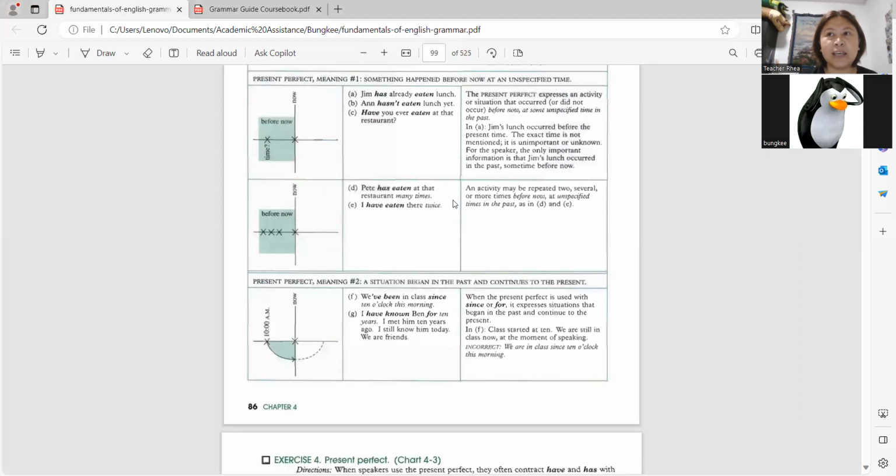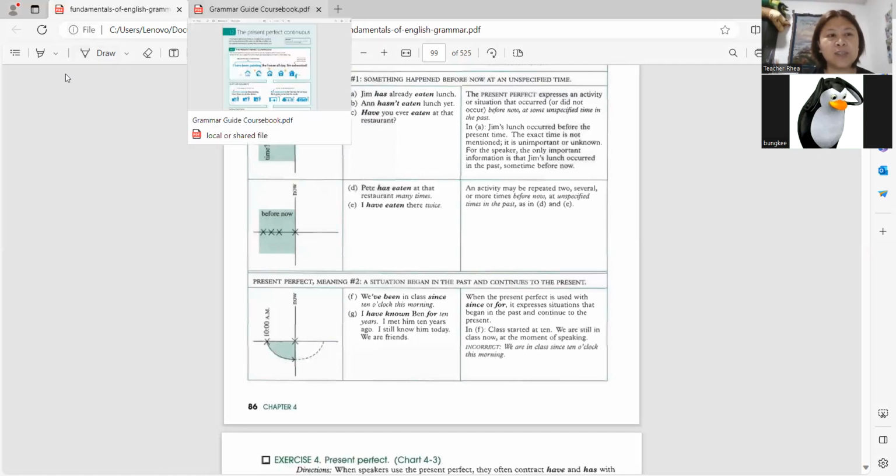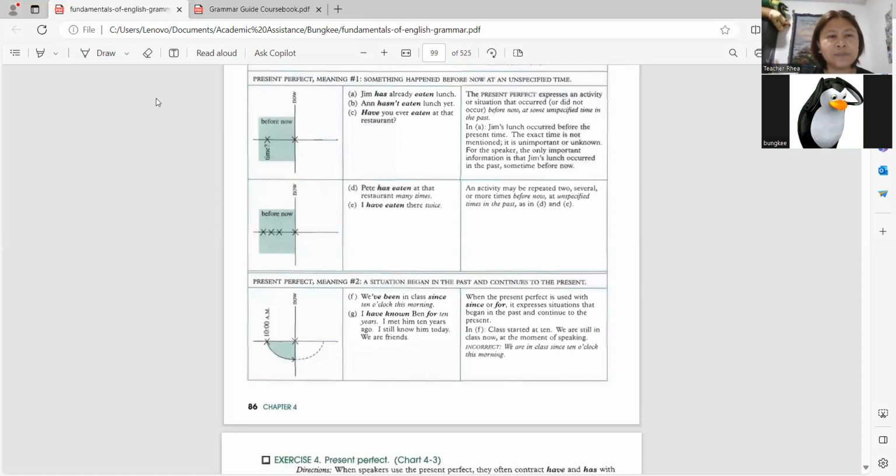The structure of present perfect is subject, then the use of has and have. Has for singular subject and have for plural subject, and then the verb in past participle, the third form of the verb, the past participle of the verb. So now, the structure of present perfect. Present perfect tense, you use it